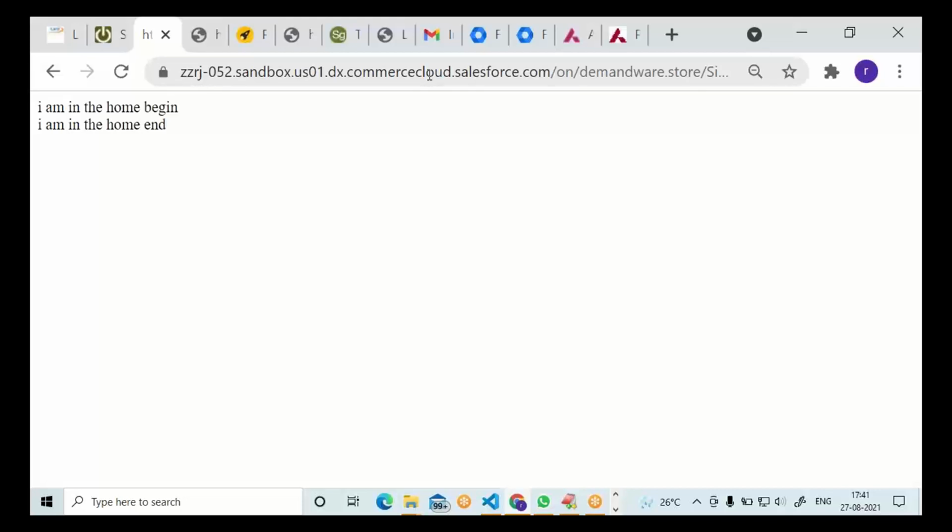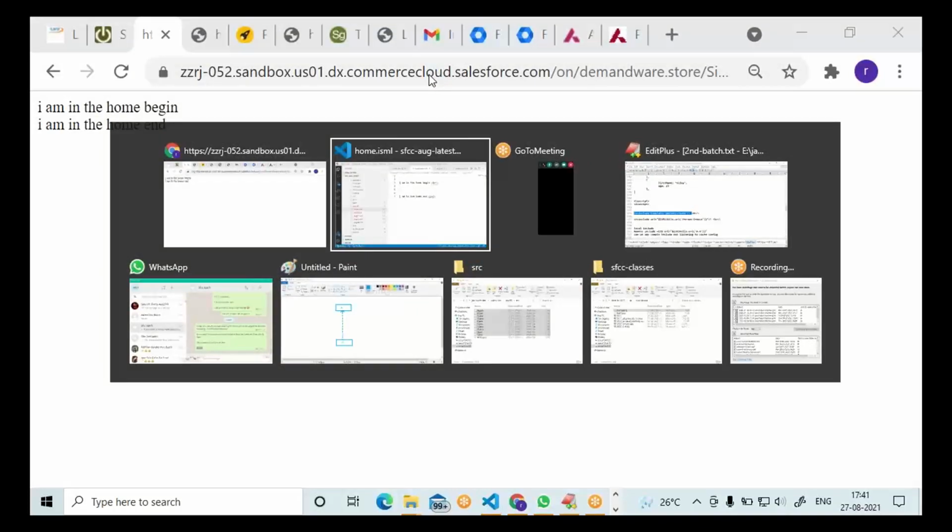Here I want to include something dynamic. You can call it a remote include. Remote includes are nothing but task includes, server includes. The task includes something from the server. Something is getting from the server.